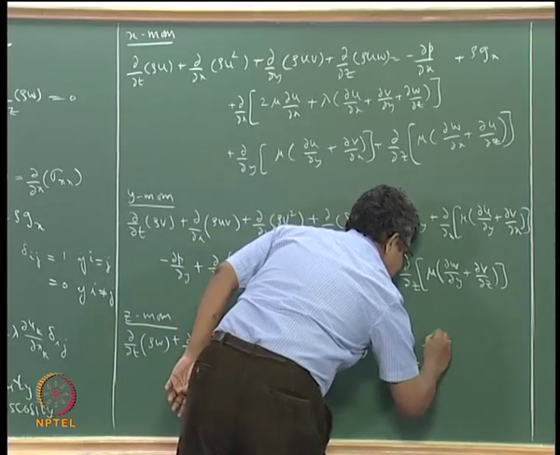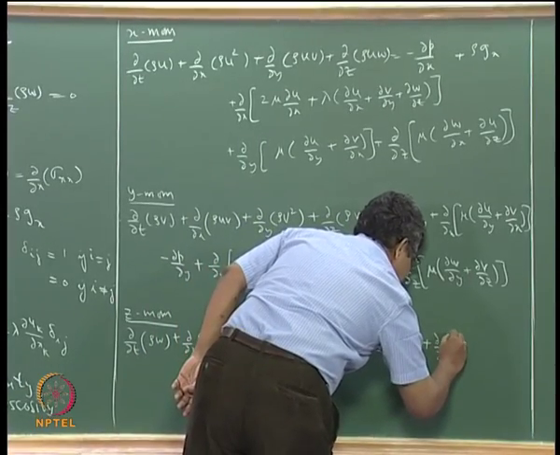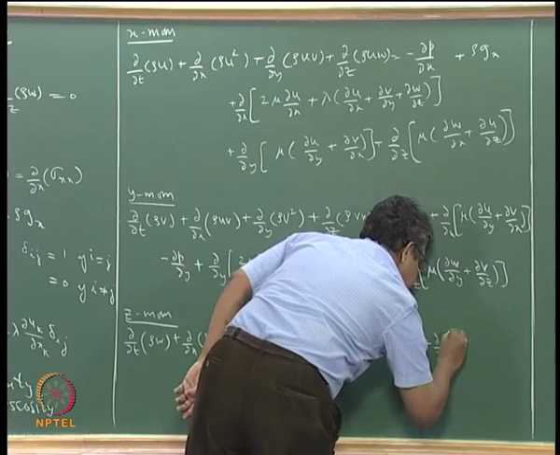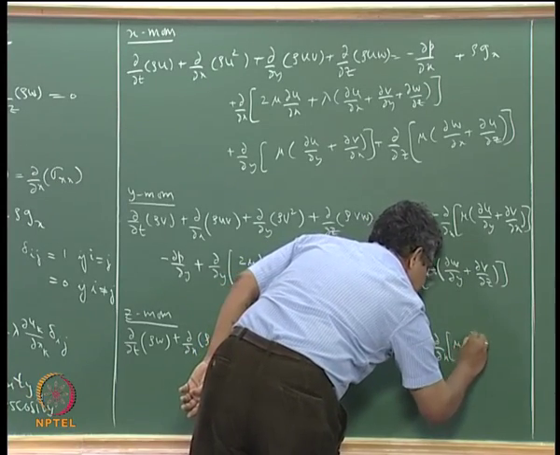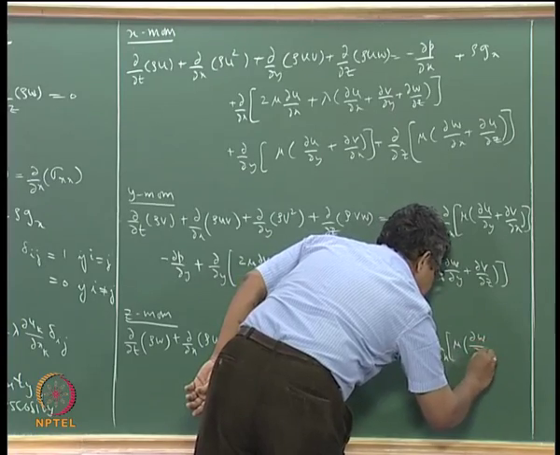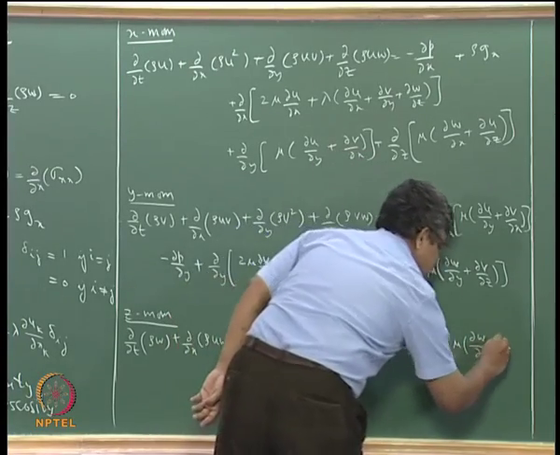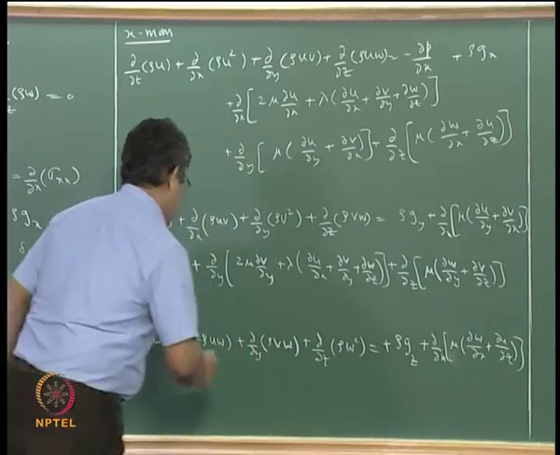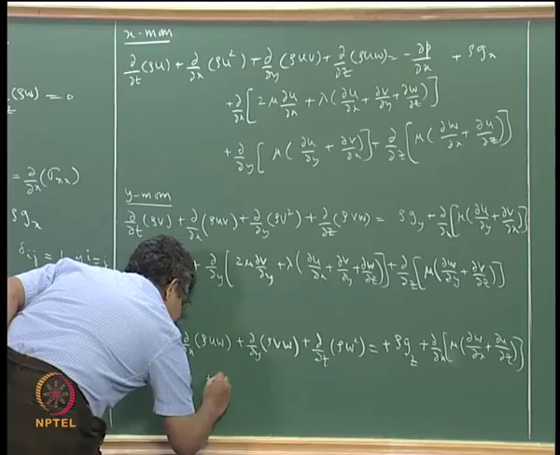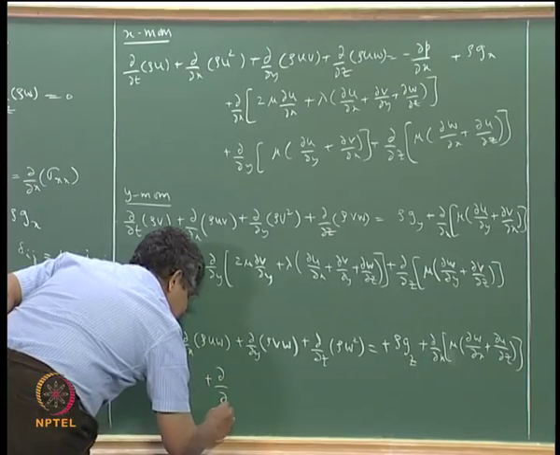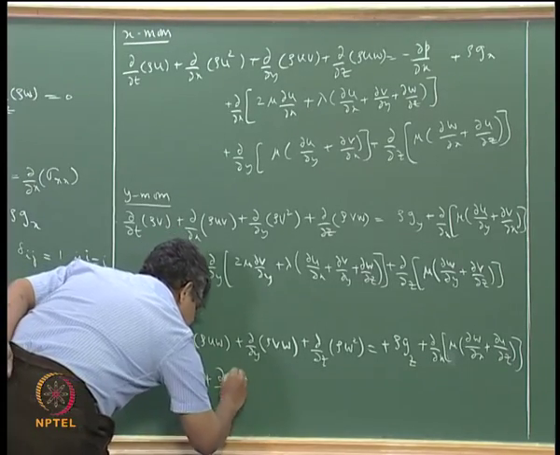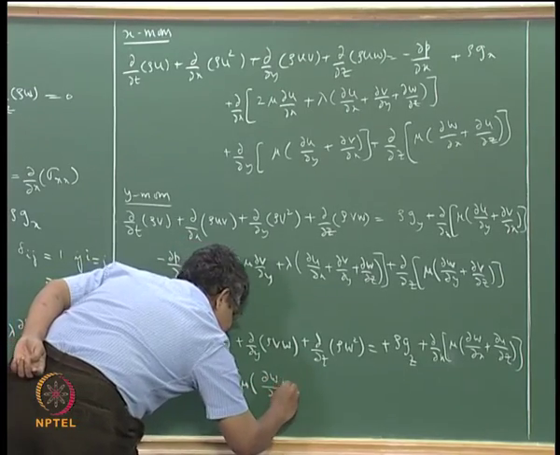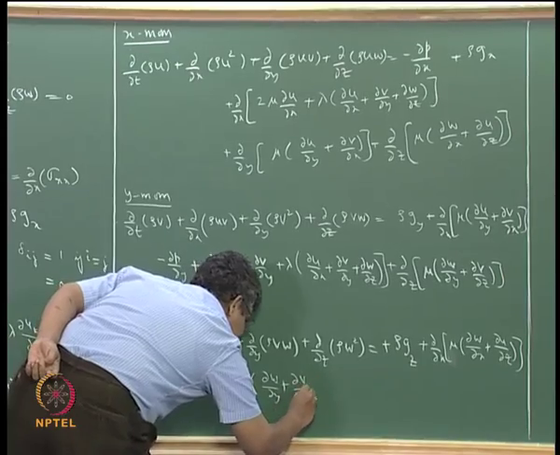So sigma zx is dou by dou x of sigma zx will be mu times dou w by dou x plus dou u by dou z, and sigma yz will be dou by dou z of mu times dou w by dou y plus dou v by dou z,